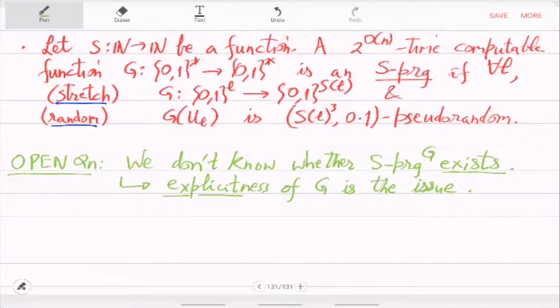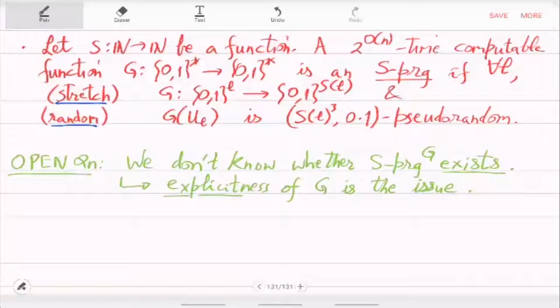If they exist, then we can actually de-randomize complexity classes. So what can you de-randomize? So remember that stretch is L to S of L. So basically any algorithm that requires that many bits, you can provide that randomized algorithm this SPRG. Okay, so that will reduce the random bits demand from S of L to seed L. So if L is very small, then your algorithm will save the random bits.